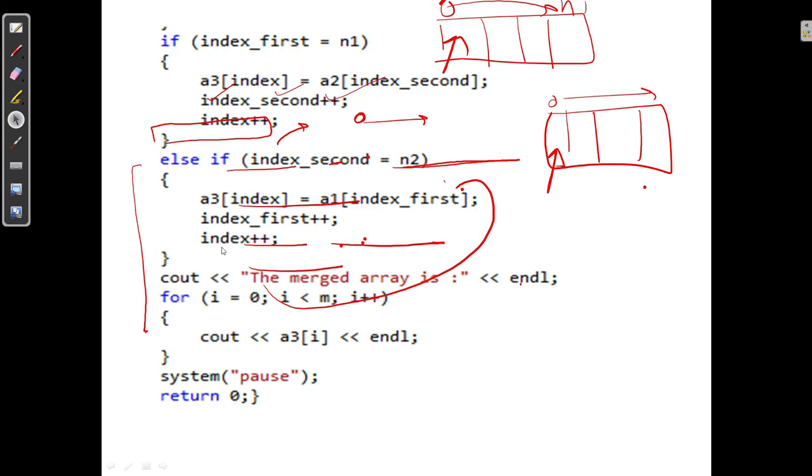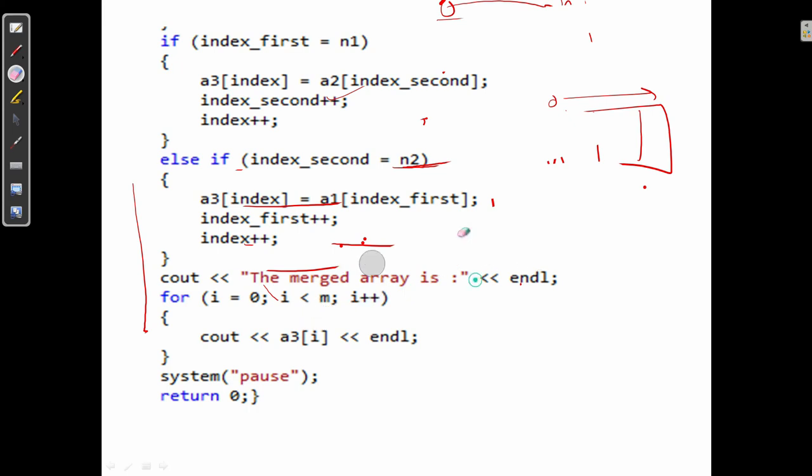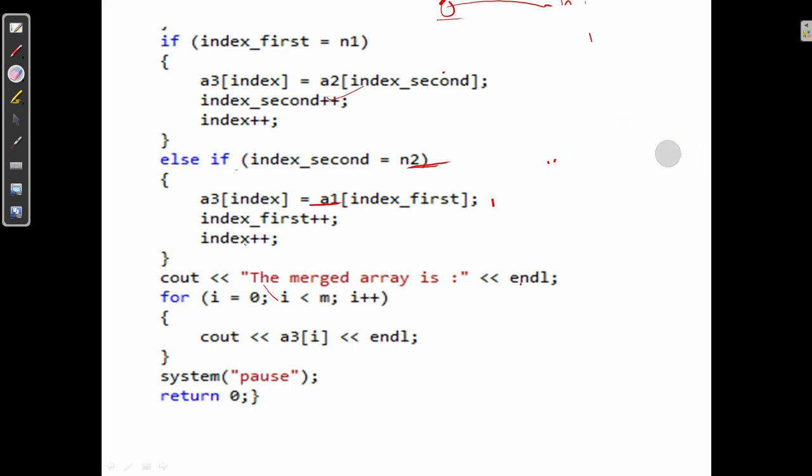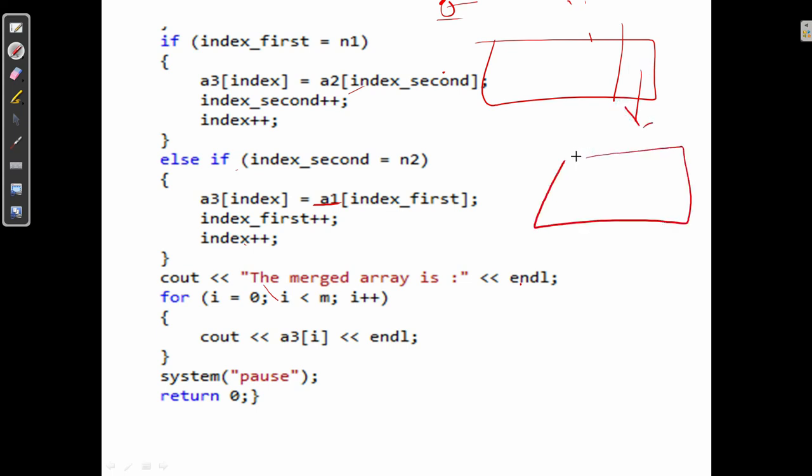So now what we check here, let me explain. If index first is equal to n1, it means we have reached the end of the first array, so whatever is left in the second array will be copied to the third array.